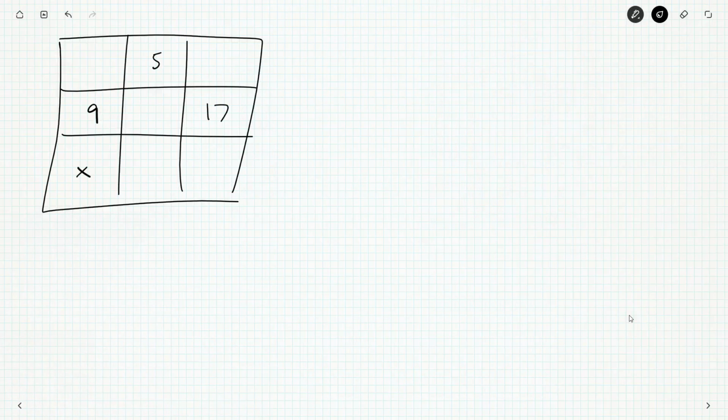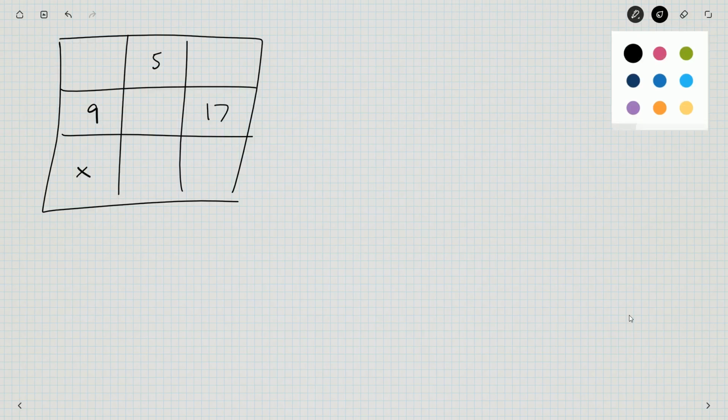The problem here is I don't have enough information to fill out one of these exactly. But there are things we can do. Usually the first thing I do with a magic square, if I'm not using any of the fancy tricks, is I just try and figure out what that same sum should be. Every row, column, and diagonal has the same sum. What should it be? So if I were to add up